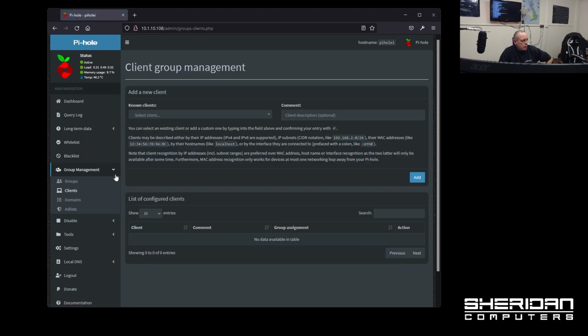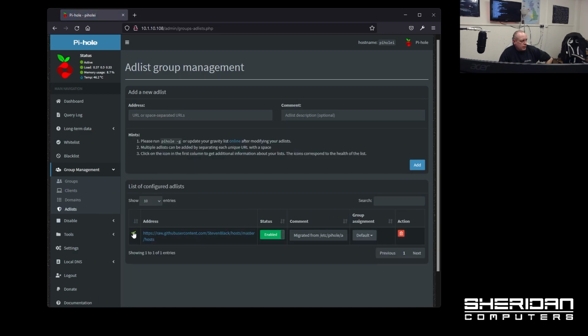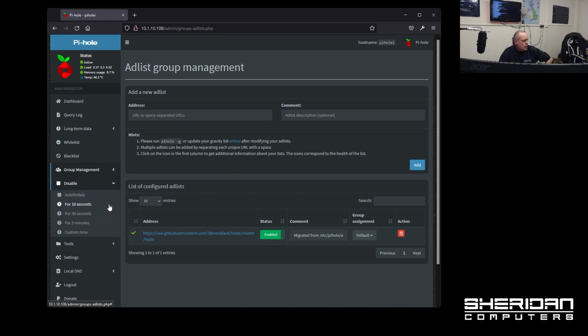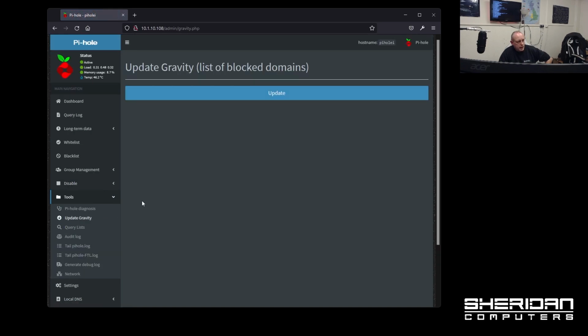Group management, you can set up groups of clients and domains. You add lists. So by default, the one that I add at the beginning is here. If you know the address of another one, then you can basically add it in and stick a description in. This allows you to disable blocking. Under tools, you've got Pi-hole diagnosis, update gravity. Okay, let's go back to